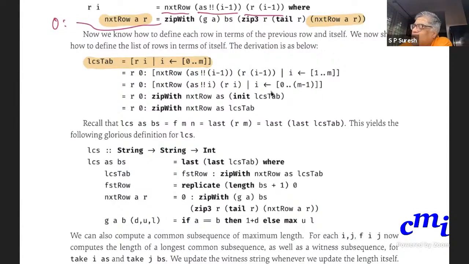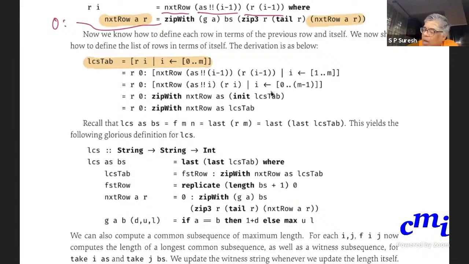All these A's i are nothing but the A's, and Ri for i from 0 to m minus 1 is nothing but init of LCS tab, because LCS tab is Ri where i goes from 0 to m. But now instead of init of LCS tab, you might as well say LCS tab.